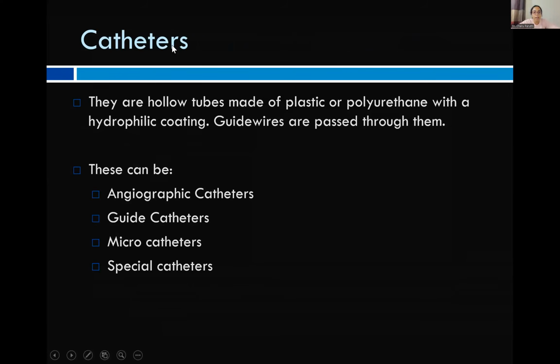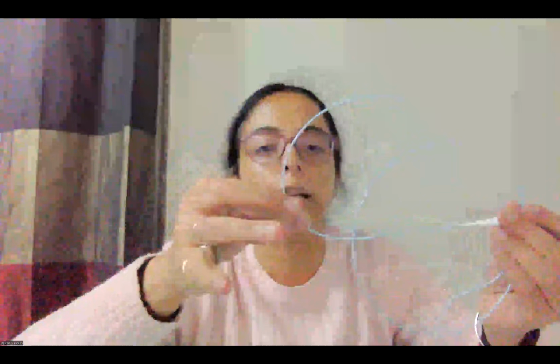So what are catheters? Catheters are basically hollow tubes. They are hollow tubes of plastic. As you can see here, they are made of plastic, which is usually polyethylene or polyurethane. And most of the catheters have a very thin metal braiding within their wall. So whenever we talk of catheters or these hollow tubes,